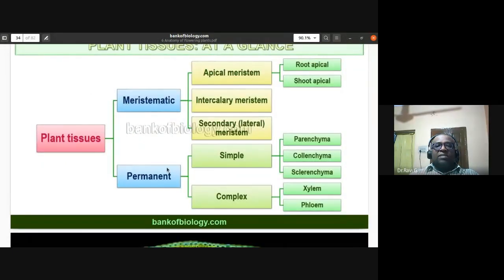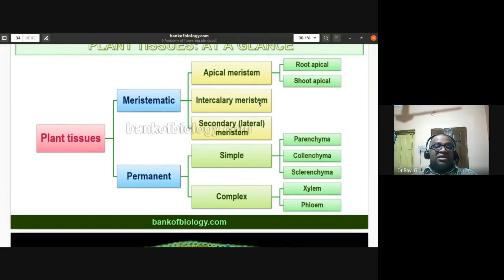So overall, for understanding the plant tissues, we have this flow chart here. Plant tissues are made up of meristematic and permanent tissues. Meristematic tissues are of different types, apical and intercalary, based on their position. The apices of root and stem have apical meristem: root apical meristem and shoot apical meristem. Intercalary meristem is